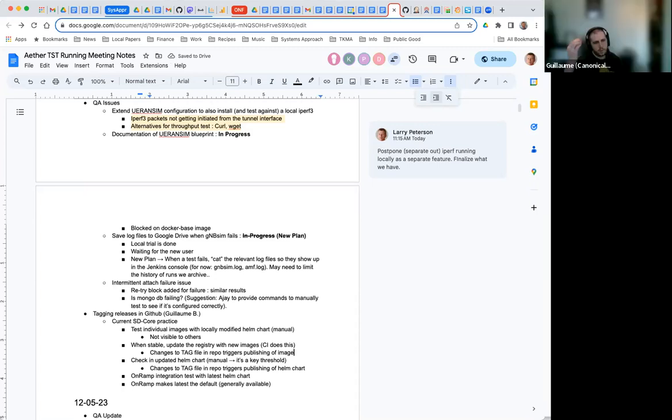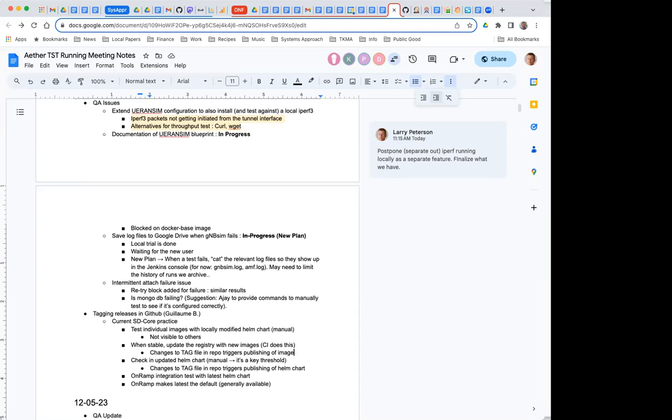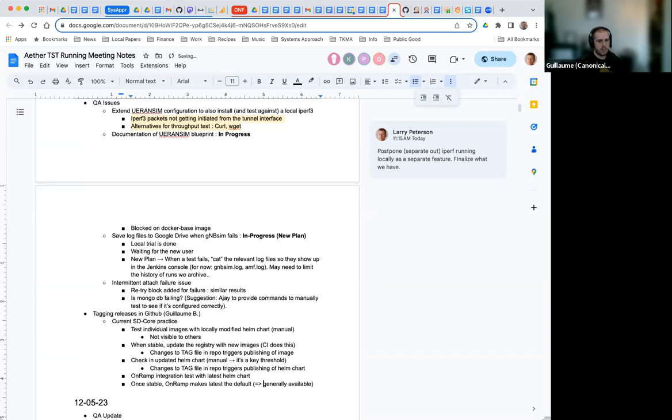But the tagging, I think the tagging is most relevant for Go modules. It's part of the Go module publishing scheme. Correct. We do that so that when any other network function is importing those models, they are pinned to specific tags. But those tags are individual tags for those models. They may not have any relevance or one-to-one mapping with the SD Core releases because they have their own independent functionality and releases.